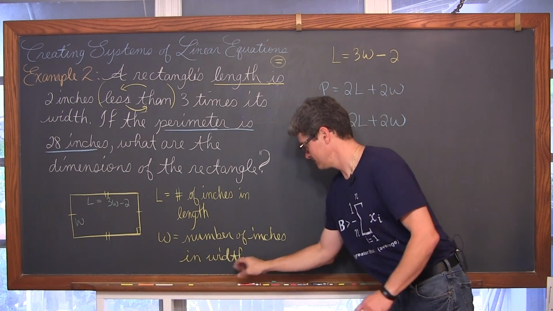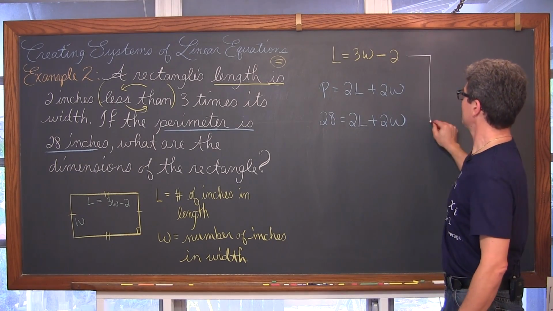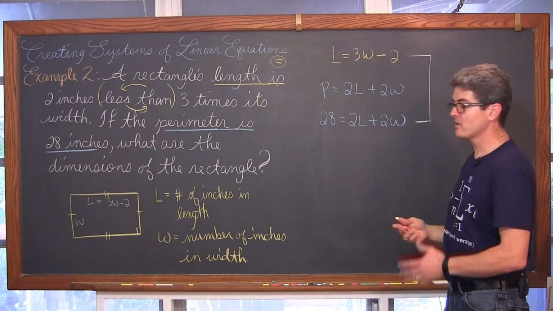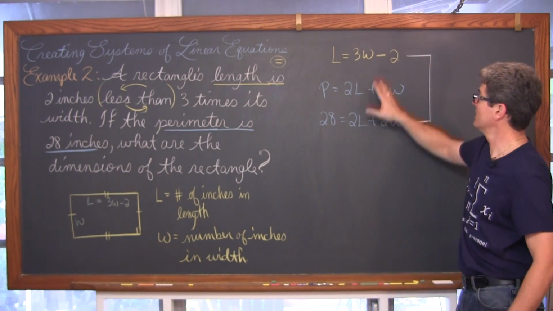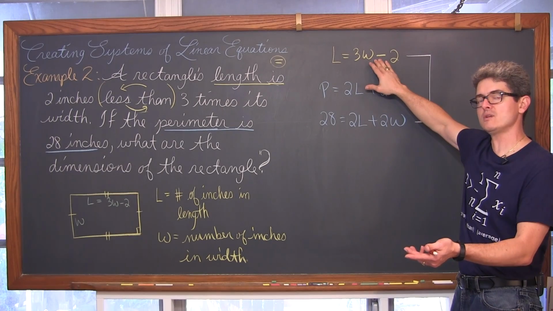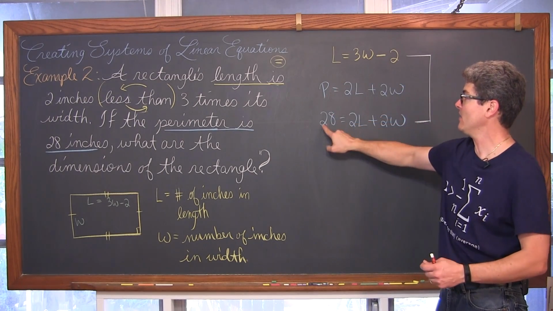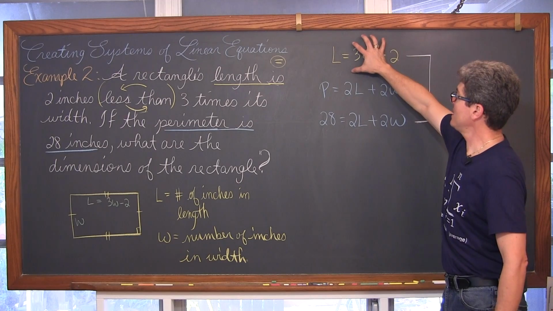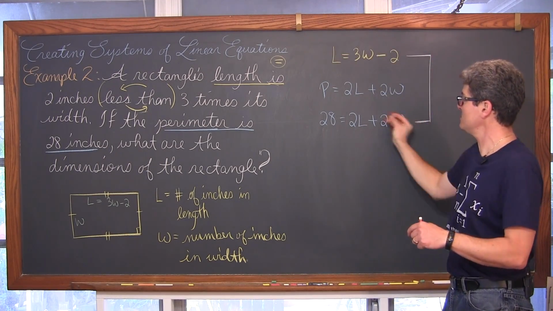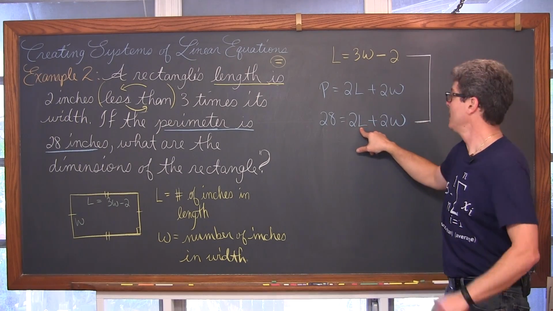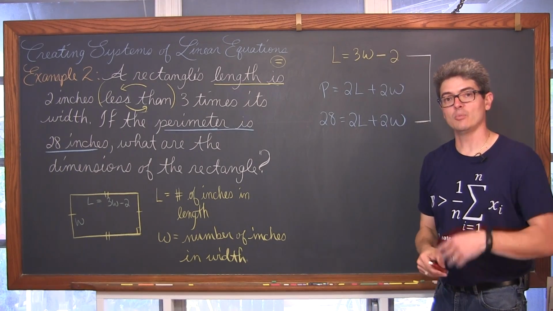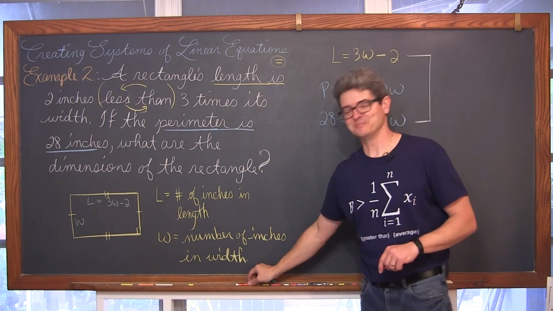One is something about the length related to the width, and the other one is about the perimeter. And I've already alluded to, with this diagram, that we will be revisiting this question when we talk about solving systems of linear equations with substitution. Like we took the P out and plugged in 28, we're going to take this expression of 3W minus 2, which is equal to L, and plug it into this equation for L. And we would have an equation with only one variable in it. We'll find W first, and then from that find L. But I'm getting ahead of myself. Let's get to the third example.